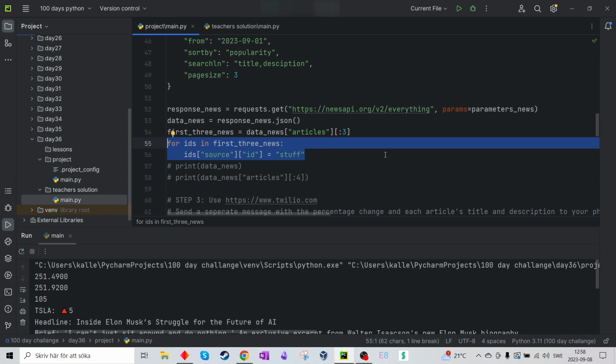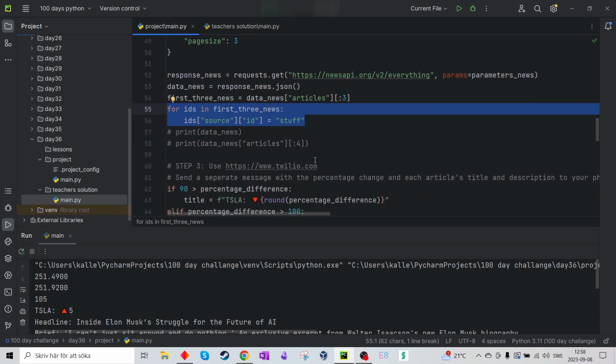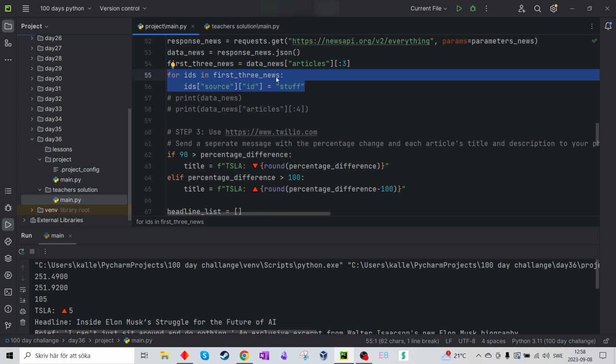They had some problem with the ID in it, and it said none instead of a string, and that didn't make it work, so I had to fix it. So for every ID in source ID, I changed it to stuff so it just would work. Doesn't matter, you can name it anything. When I got that to work,